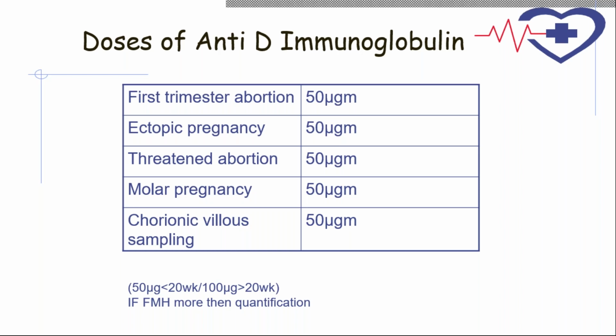I want to make one thing clear here, that in threatened abortion, usually you don't need to give anti-D. We should make the slide correct next time. In first trimester abortions, you have to give anti-D. If there is only threatened abortion, mild bleeding or mild pain, you don't have to give any anti-D. But if there is repeated bleeding or cramp-like excessive pain, then you will have to give. However, for any termination of pregnancy, whether it is medical or surgical, anti-D has to be given. Ectopic, molar, chorionic villus sampling, for all these anti-D has to be given. Next slide, please.